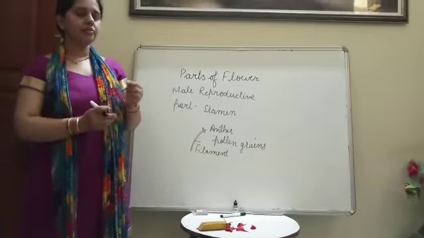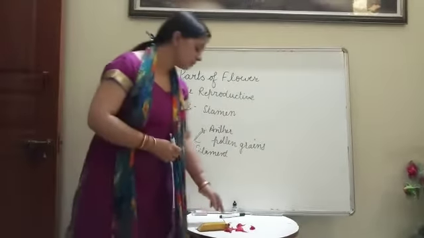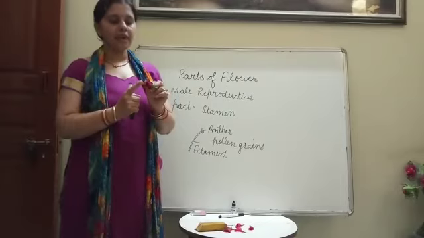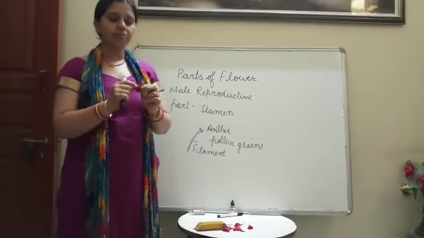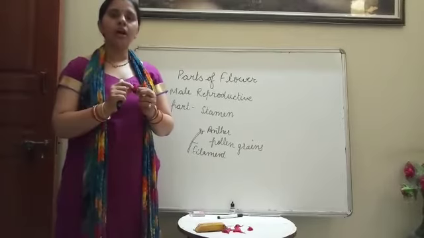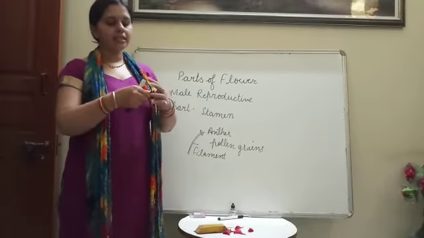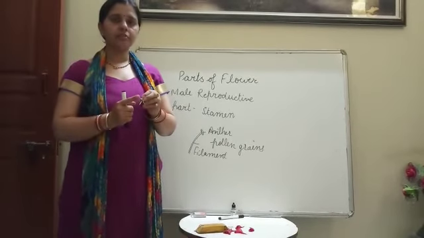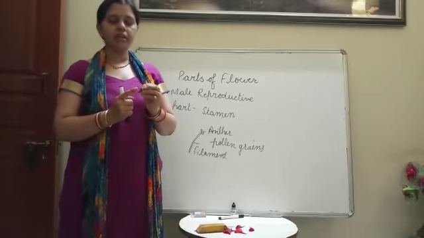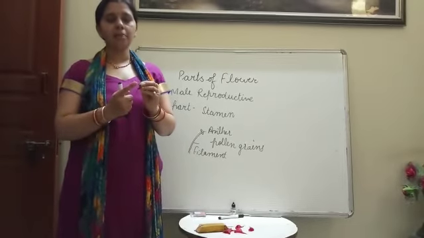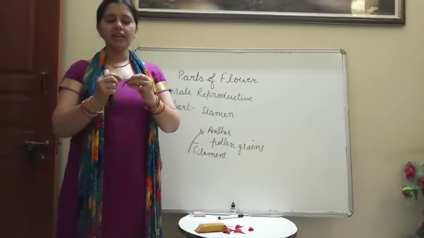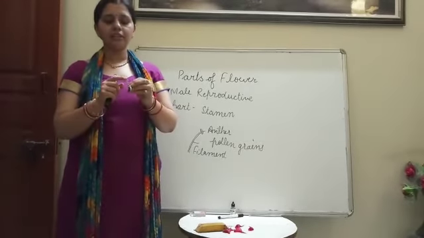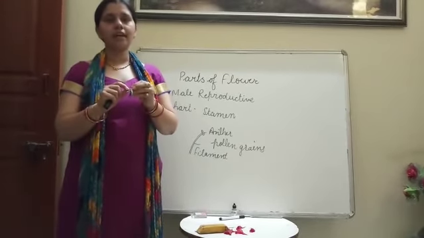So today, what will you do? You will take China rose and you will see every part. The colorful, brightly colored part of the flower is called corolla, or petals. And this is the green part of the flower, and we can say this is sepals, and from here it is attached to the plant and it is a pedicel. These are leaves, and this part that is down the flower is called the sepals or calyx.